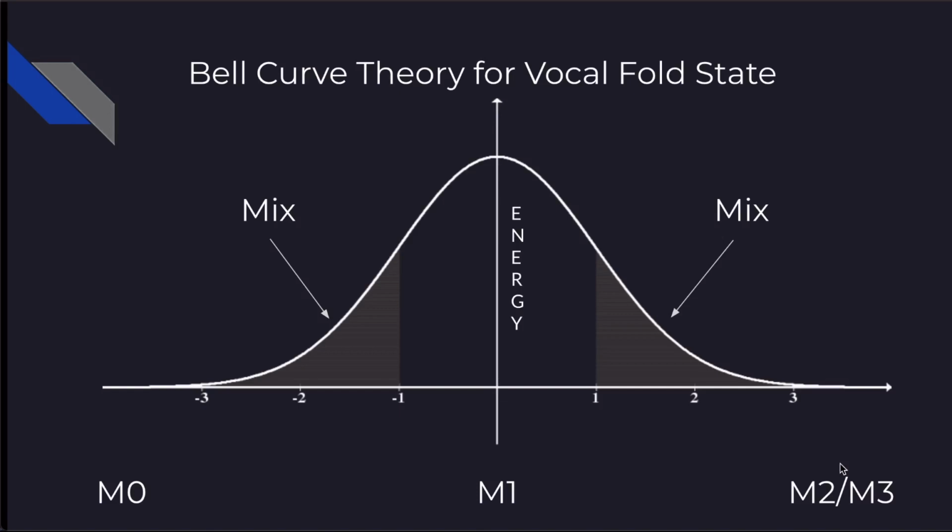Is your voice completely in a state of full closure and slack in thickness and not a lot of length, which would be M0? Is it in a state of a mix, where you're slowly opening up to stretch the folds for efficiency? Are you stretching too much and just allowing your voice to be lighter and not touching completely, but still making sound? And then are you just letting the sound escape or breathing with a certain vowel of some sort? And obviously, if you go too far, you get nothing. And same here, if you go too far, you get nothing.